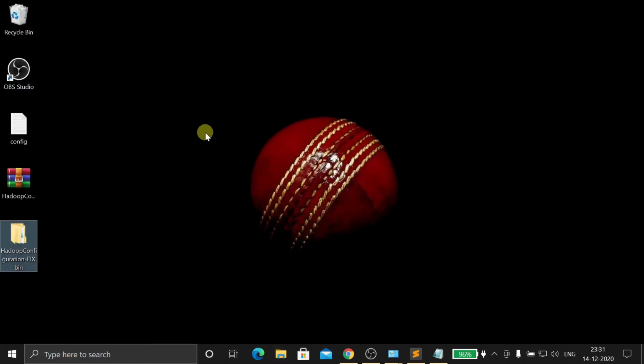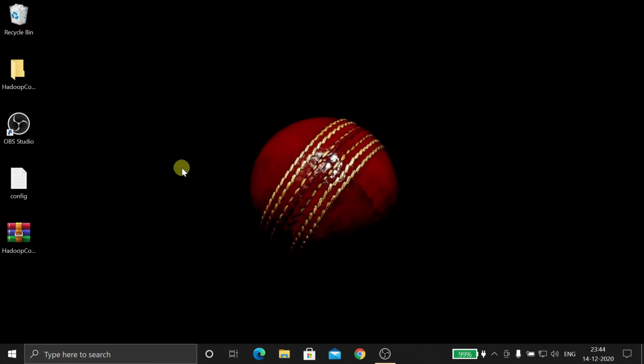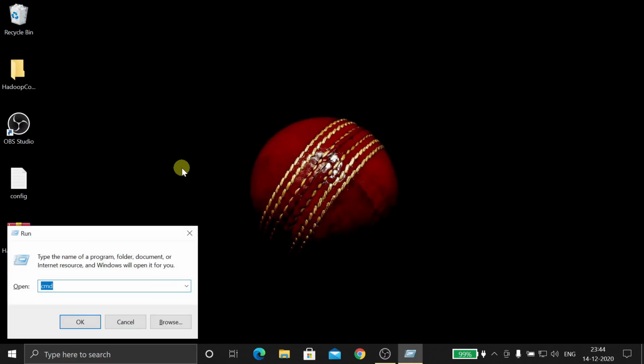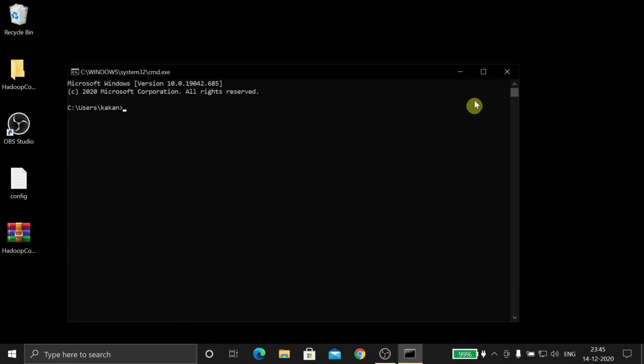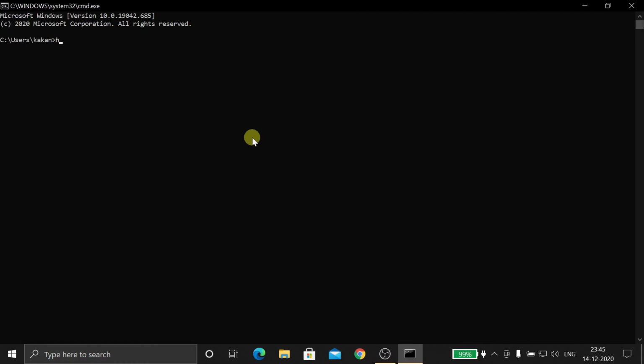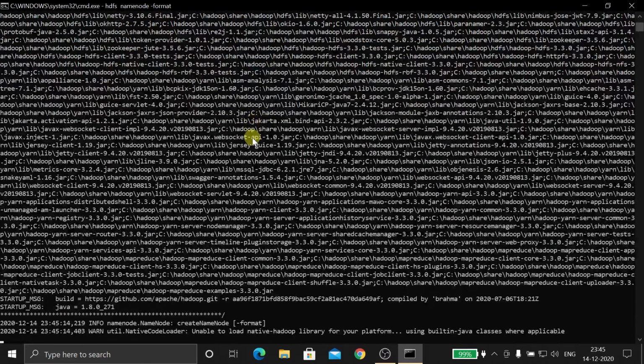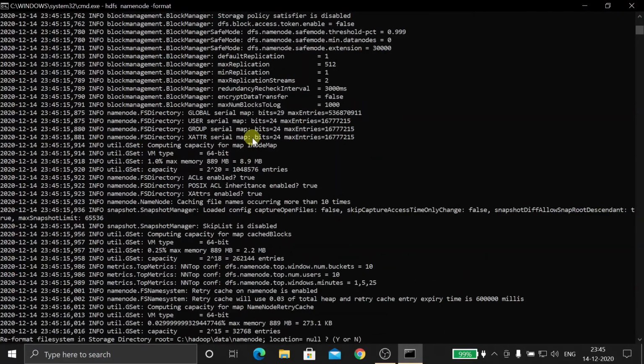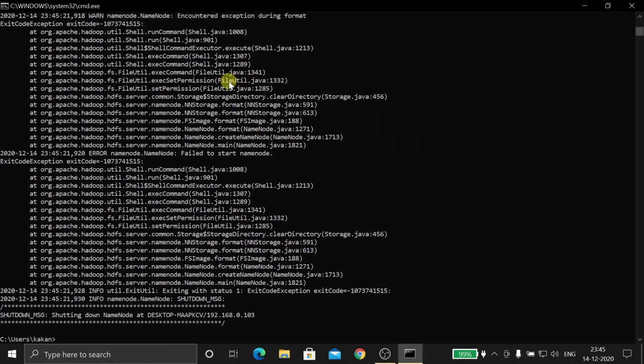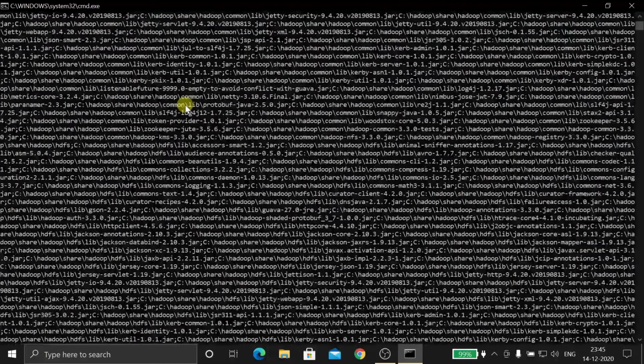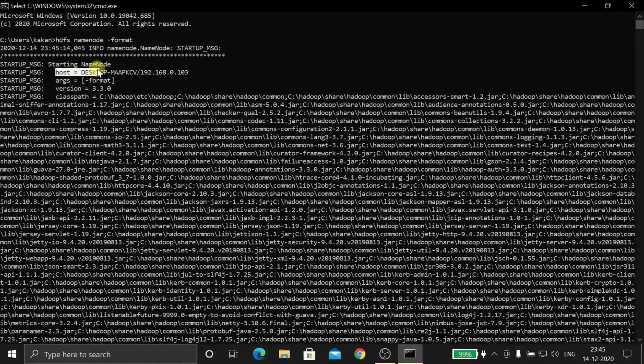Yeah, now you can see all the files have been copied. So now we have to check whether Hadoop was completely installed or not. To check it, we need to run the command prompt again. Type the command hdfs namenode -format. Yeah, it will take some seconds. I have already done this, so it was asking me. See, in the starting you can see starting namenode. So the namenode has been started.